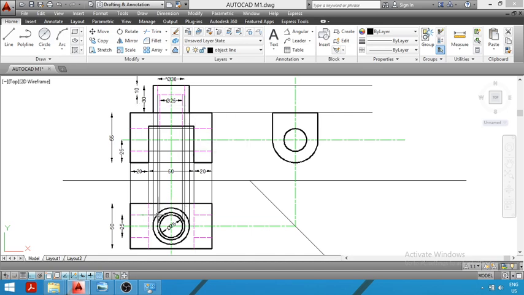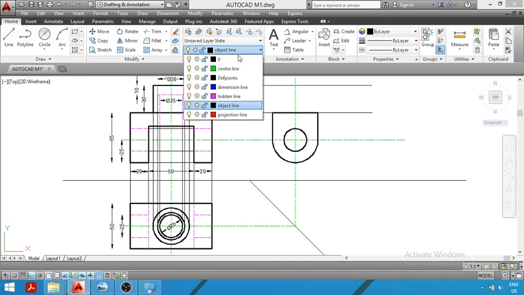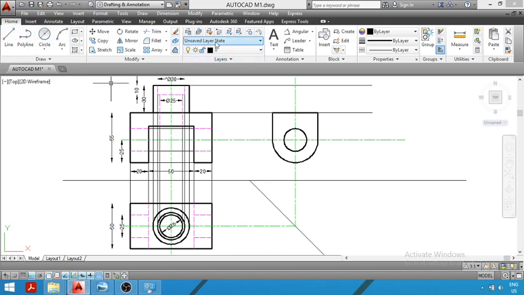Now in top view, the cylinder is represented by the outer circle. This is the outer circle which is of diameter 40 mm. So now we will project the diameter of this outer circle from the top view in the left hand side view. For that, we will just project the end points of the circle. So you can see this is my outer circle.